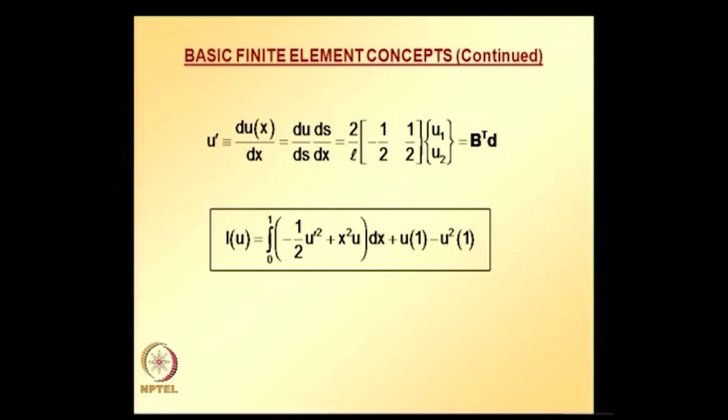So, in this equivalent functional, let us assume an element. If you see the last two terms, they correspond to x equal to 1. Let us take an element for which x equal to 1 is not a part of that element. So, for that particular element you do not have the last two terms in this equivalent functional,